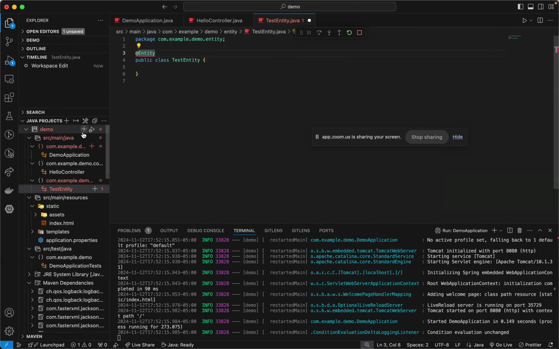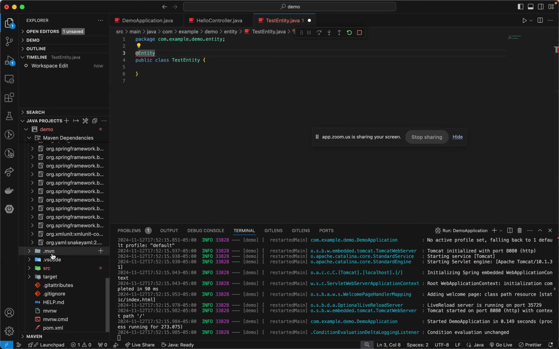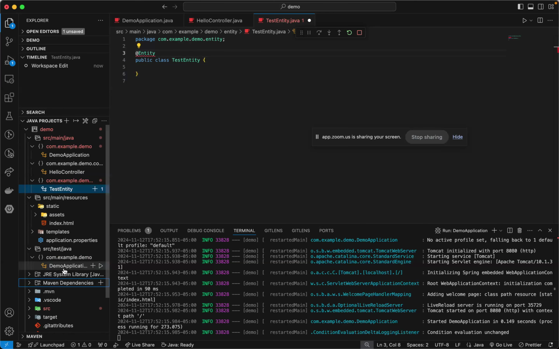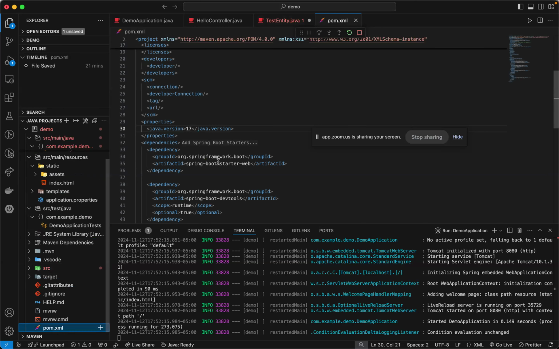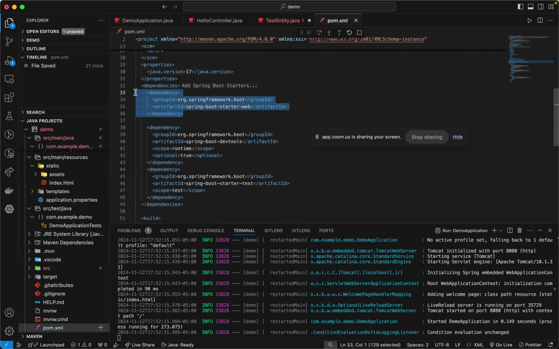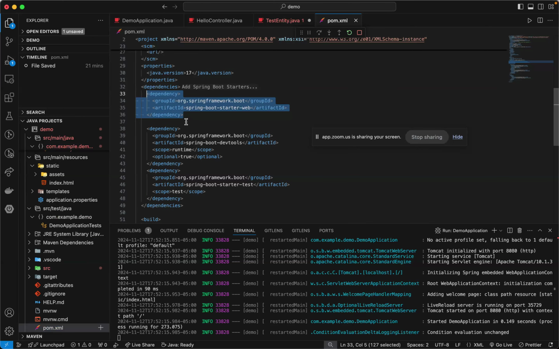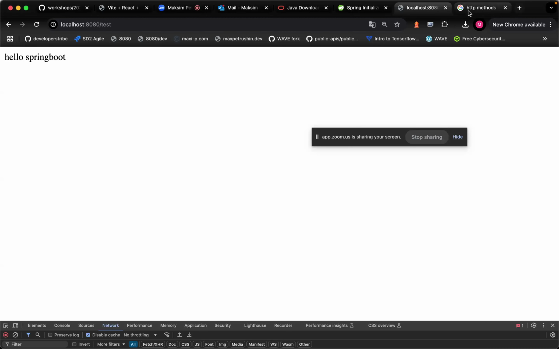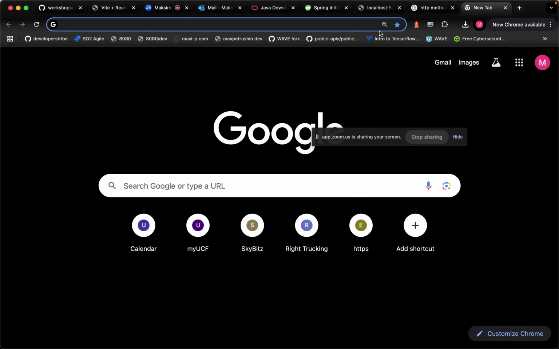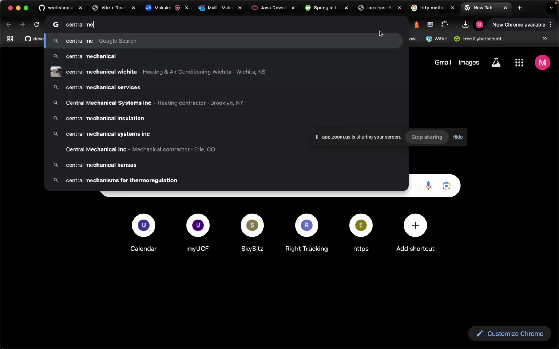So the way we actually do that is, you remember when we were reviewing our POM file, we saw these dependencies right here, right? And this is really how it's done. You just go into some online resources, you find your dependencies, and you place them here, and they obviously have to match the common specifications for these dependencies that you're going to be using, and you're going to have to know how to use them. But for that reason, there is a central Maven